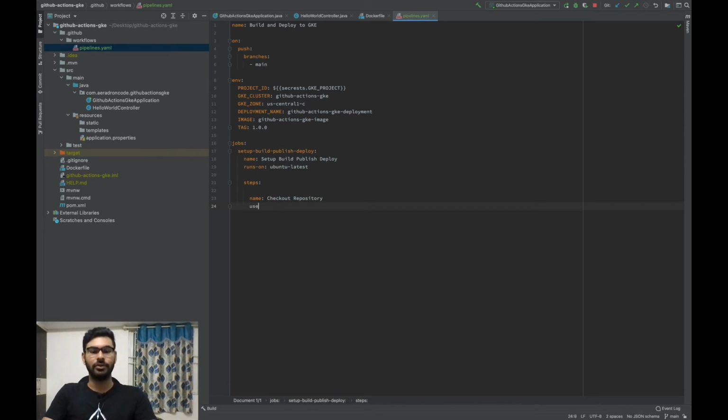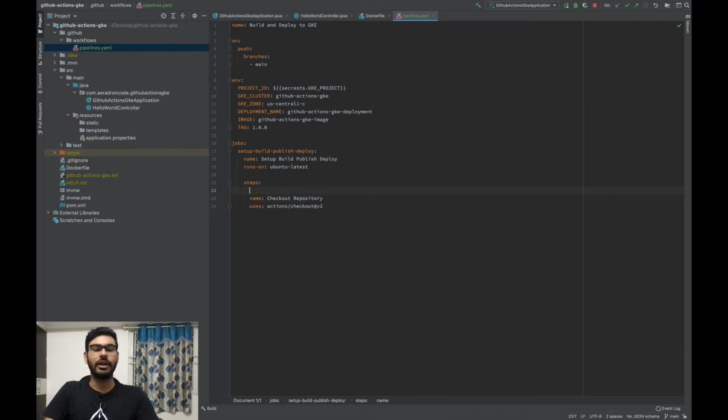So we'll say uses actions/checkout@v2. This is an action predefined by GitHub, which uses the repository that you have created and checks it out to the given machine where this job will actually run on. So this is how you specify a step.